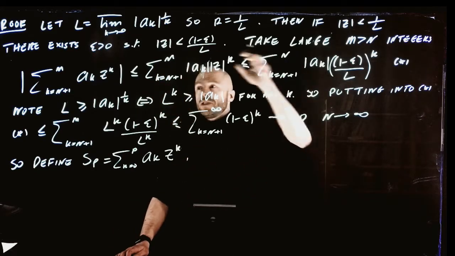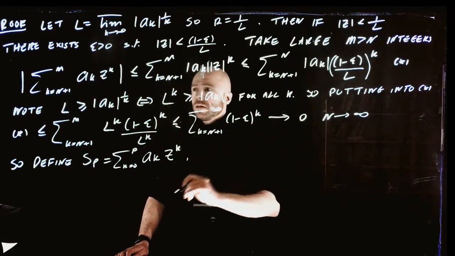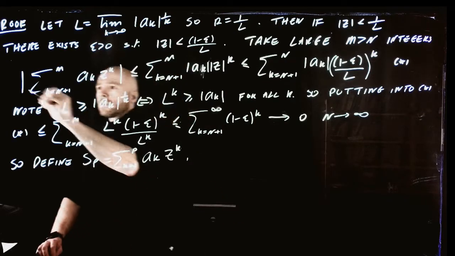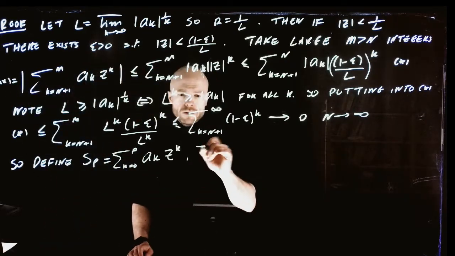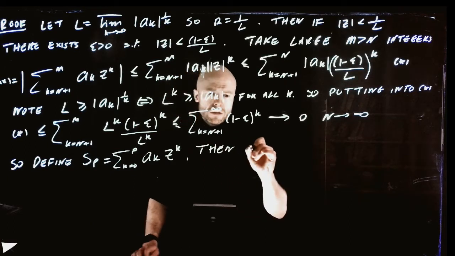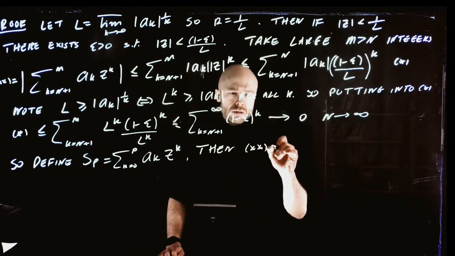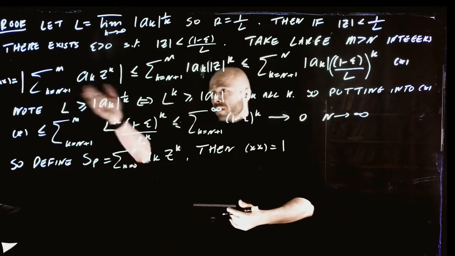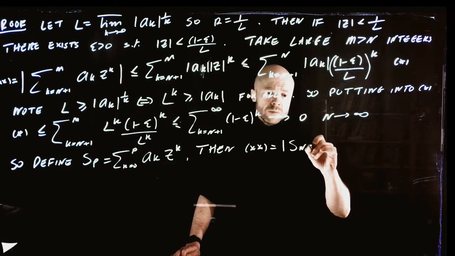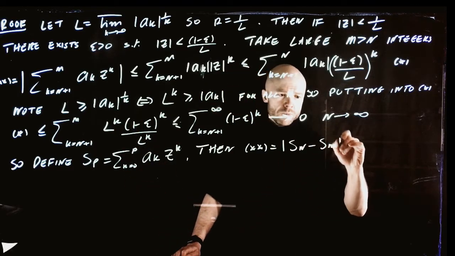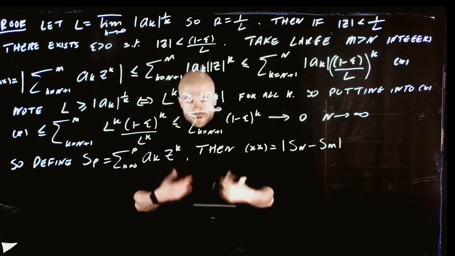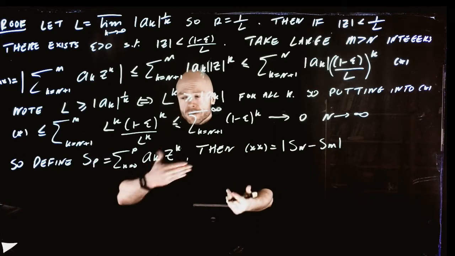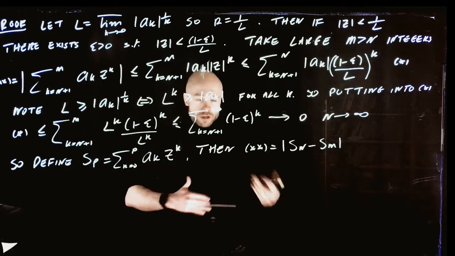Then this expression over here, call this thing star star, is just the difference between the S_n partial sum minus the S_m partial sum. Yep. So what we've just shown is that